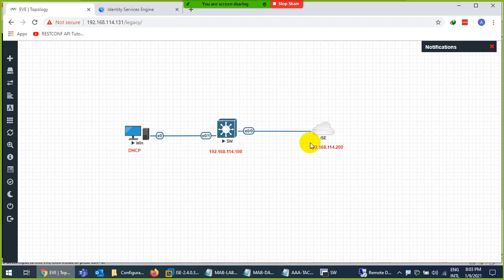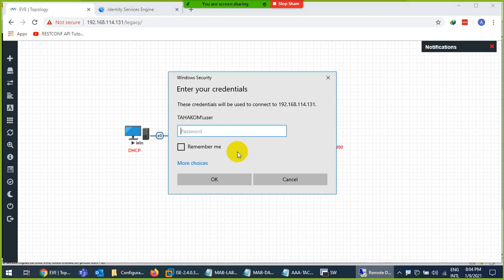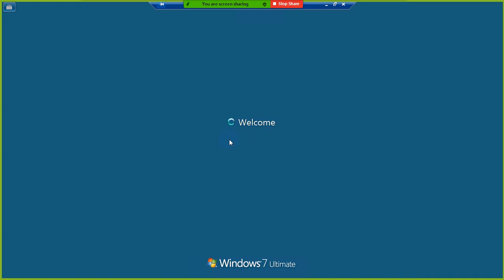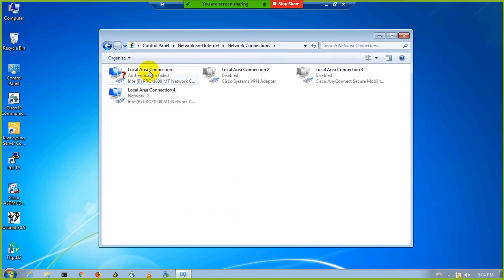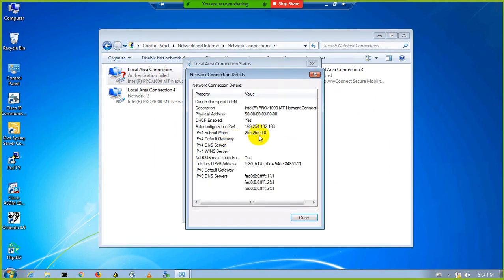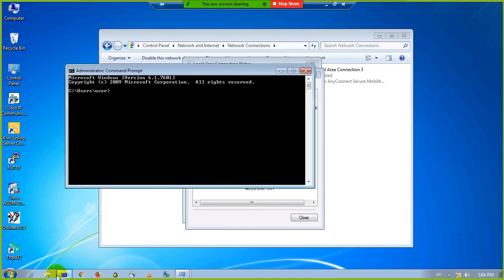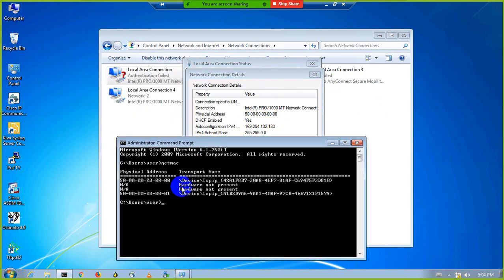Okay, so I log into Cisco ICE, but I need this PC's MAC address to register it. So test 1 2 3. I need the MAC address, so let me go to the PC and copy it. We have many methods to find the MAC address, so I will go directly from here. Yesterday we used this PC, this is the MAC address. The easy way is to just type getmac and copy this one.